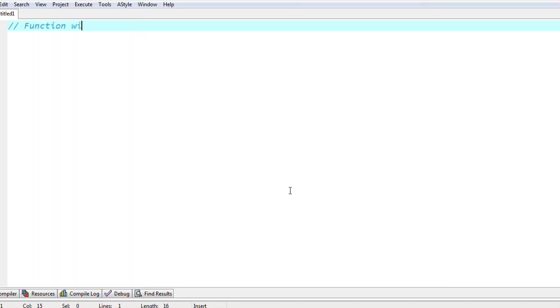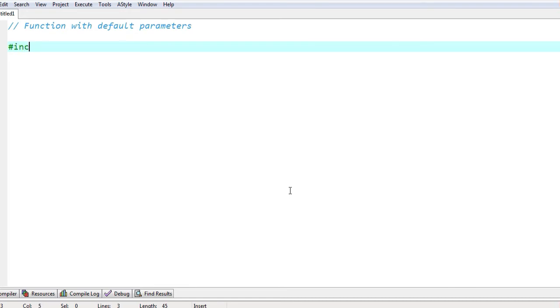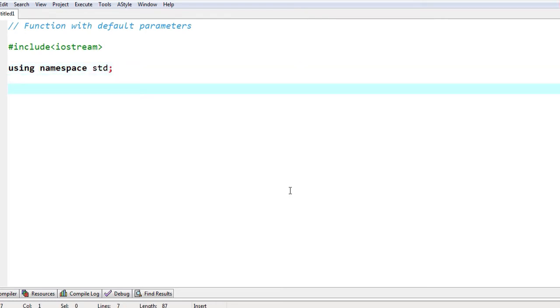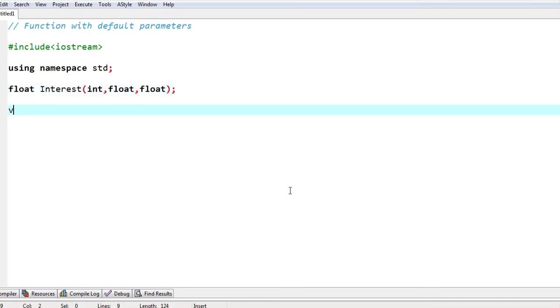Function with default parameters. I'll just write hash include iostream, using namespace std. Now I am not creating a class, I am just writing one normal function, float interest. Here I'll give int, float, float. So I have passed three parameters. Now I am creating the main function